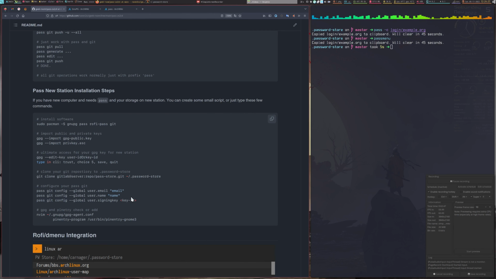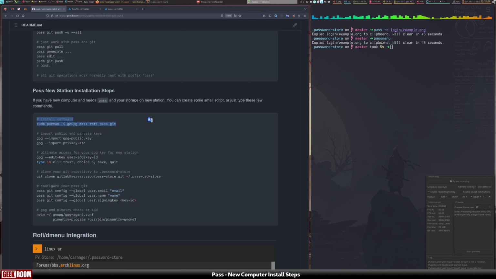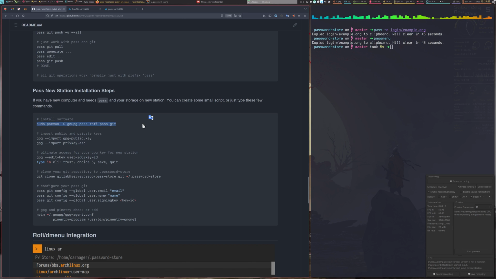Before applications, I add some important section. You can create a script for how to use pass on a new computer, a new station. So there are the packages which have to be installed. You have to import your keys and give the ultimate trust to your key pairs. It means full trust with choice 5, save, quit, and just clone